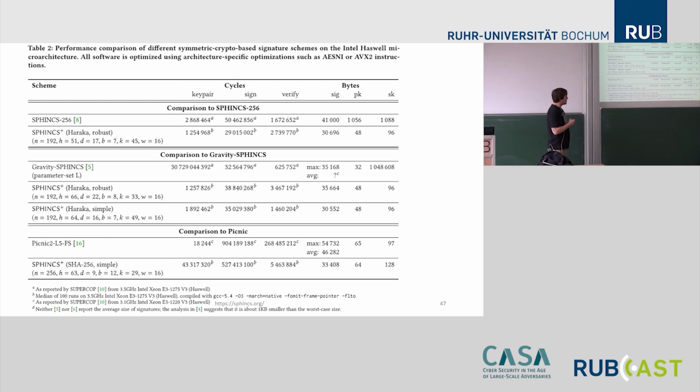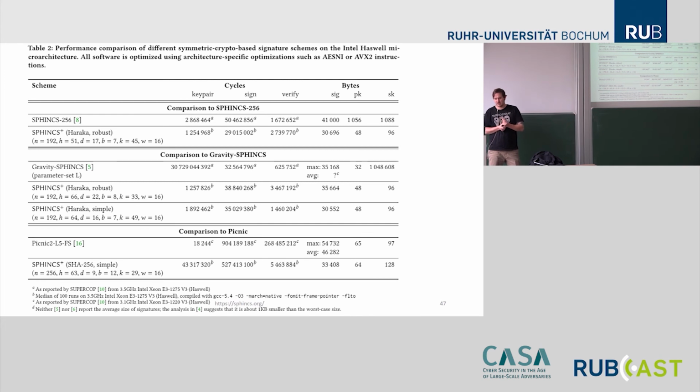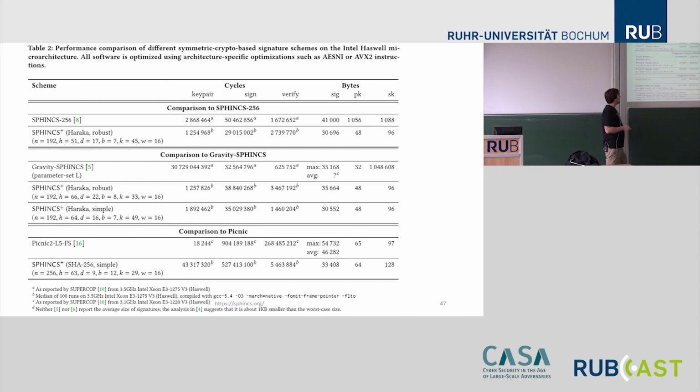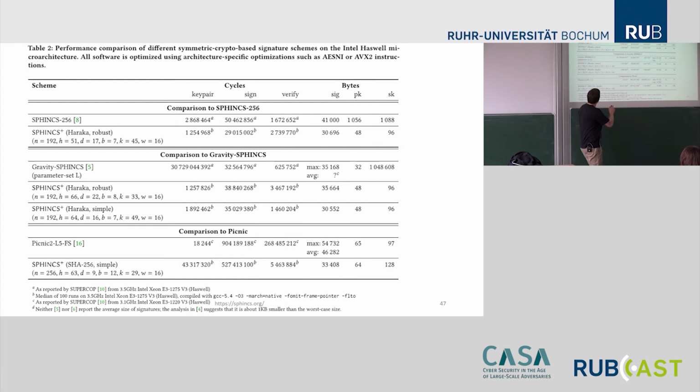Then one scheme that was in the NIST competition round 1, but then actually was kicked out, was Gravity Sphinx. So Gravity Sphinx essentially took Sphinx and said, okay, we just go with collision resistance and live with it. The comparison here is somewhat tricky. We can get significantly smaller signatures by something like 5 kilobytes, but then our runtimes are a bit worse for signing than for Gravity Sphinx,